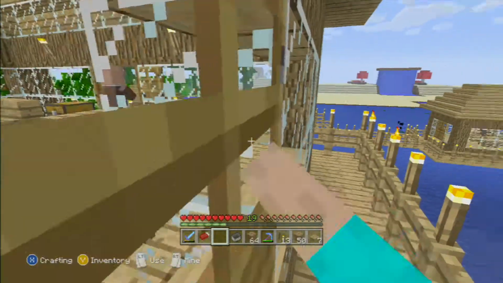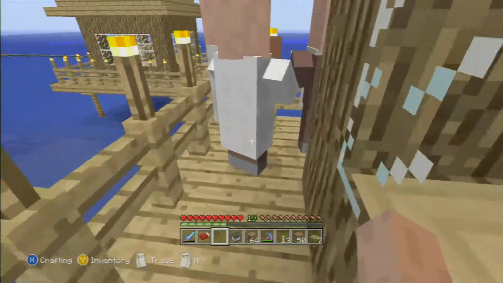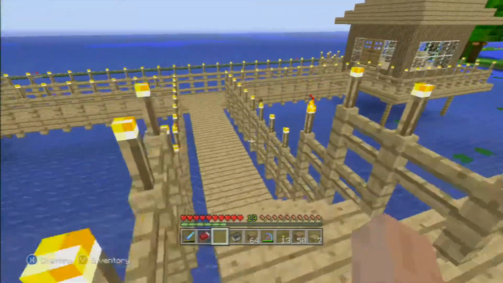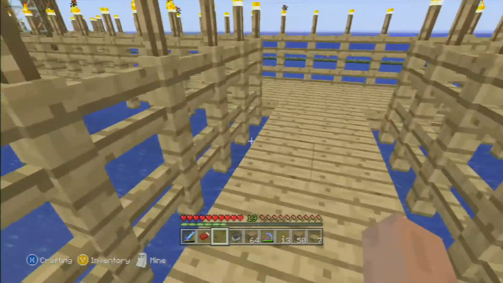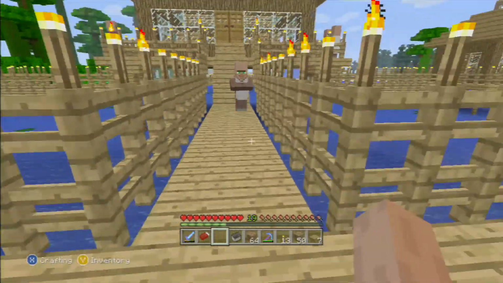Again, it's a good view from here. They do move a little bit, the villagers. Again, it's a simple build. Easily done. Now, if you were to do this, depending on the material I have, this is an old world,